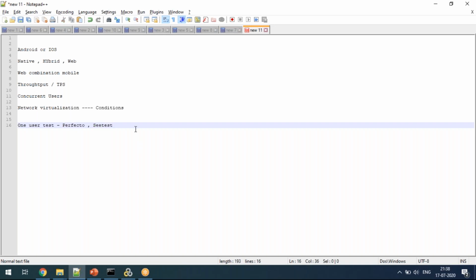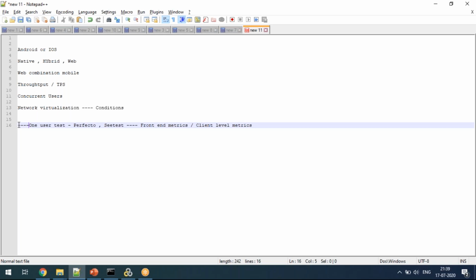This Perfecto will give you the front end metrics, right? The front end metrics, basically I will say front end metrics, maybe somebody can say client side metrics also, client level metrics. Okay, this also you need to get the clarity from the customer, like whether we are going to do this particular single user performance testing. If they are saying yes, that is a different level of questions you have to ask with respect to Perfecto, which tool they are going to procure and then use, right? That level of questions will be there for the client level performance testing.